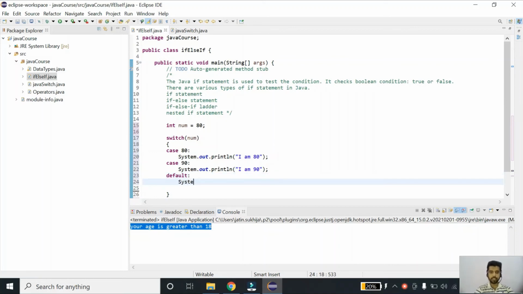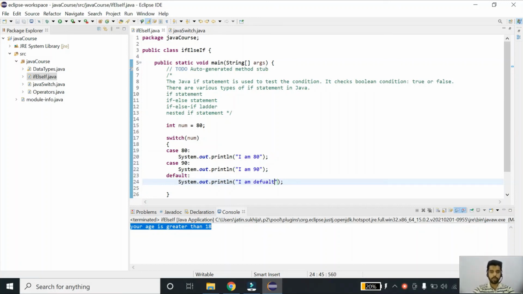So if the condition is met within these two cases, it will execute one of them, and if the condition is not met, it will execute the default case for all other cases. Sys out I am default.